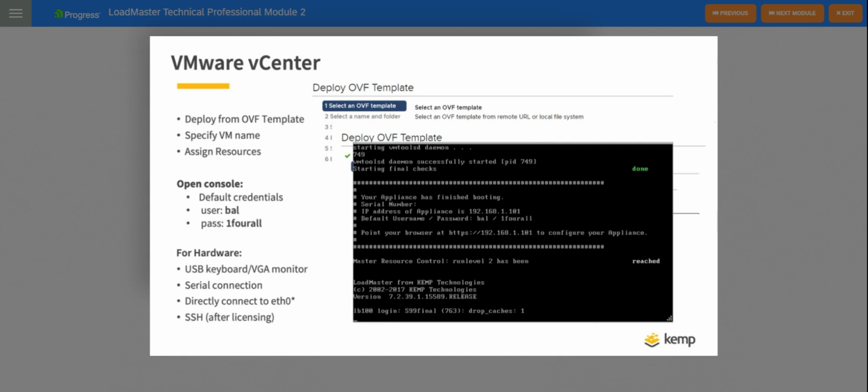If you are deploying a physical appliance, then you can access the device via USB keyboard and VGA monitor. Serial connectivity is available for out-of-band management. Direct connection to ETH0 is recommended for configuration. The default address to connect to the appliance is